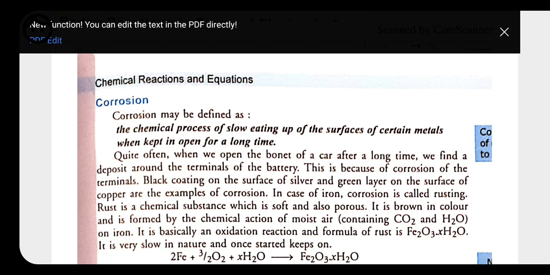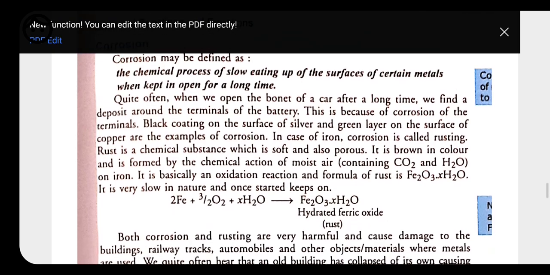But because of the corrosion or rusting process, we face many economic problems, because it is not possible to make bridges again and again every year; it is too expensive. That's why we need to protect these things from rusting. So we put some layer or some other metal which does not let it come in contact with the air or water directly.